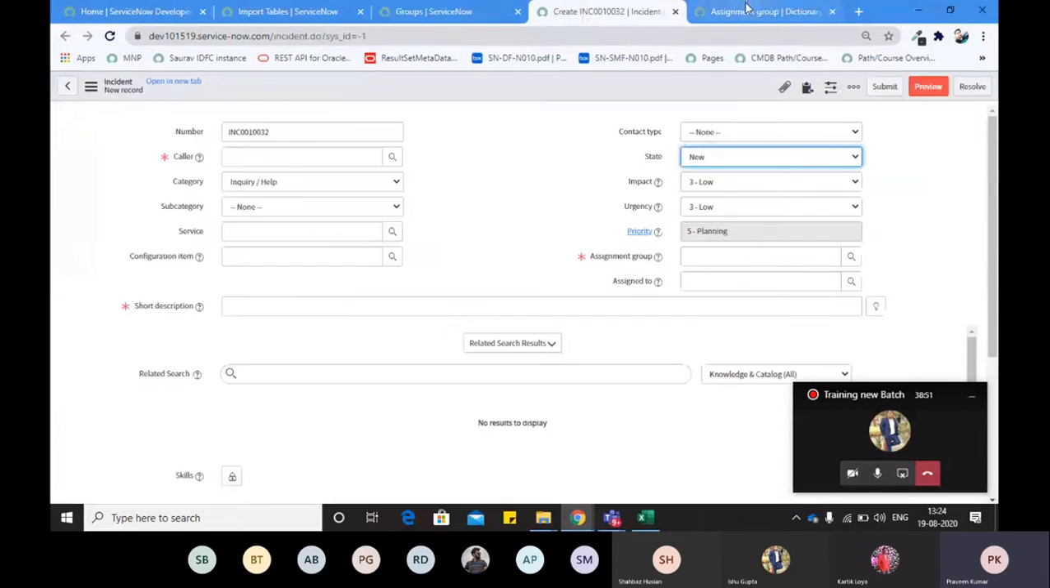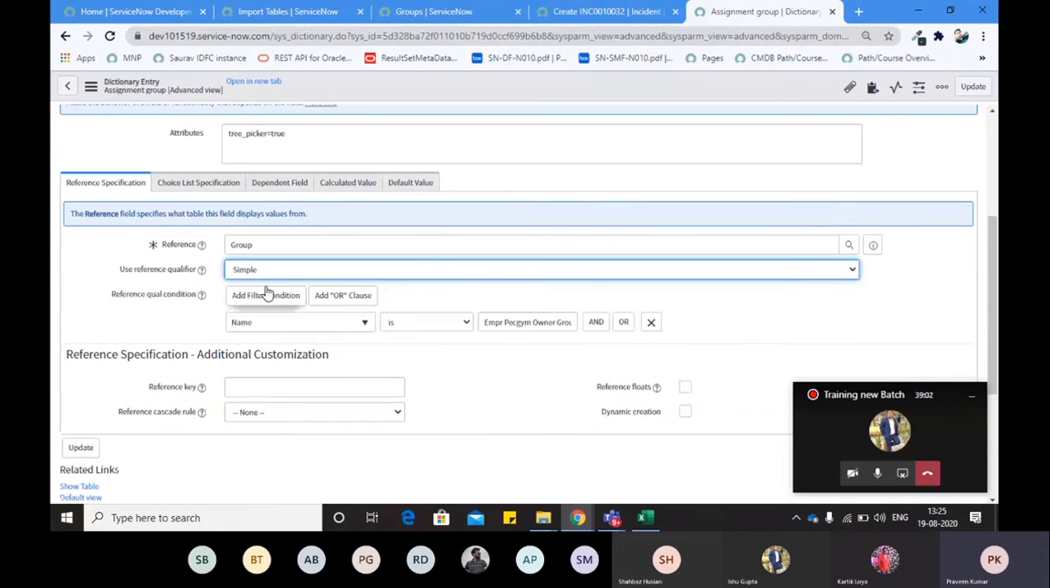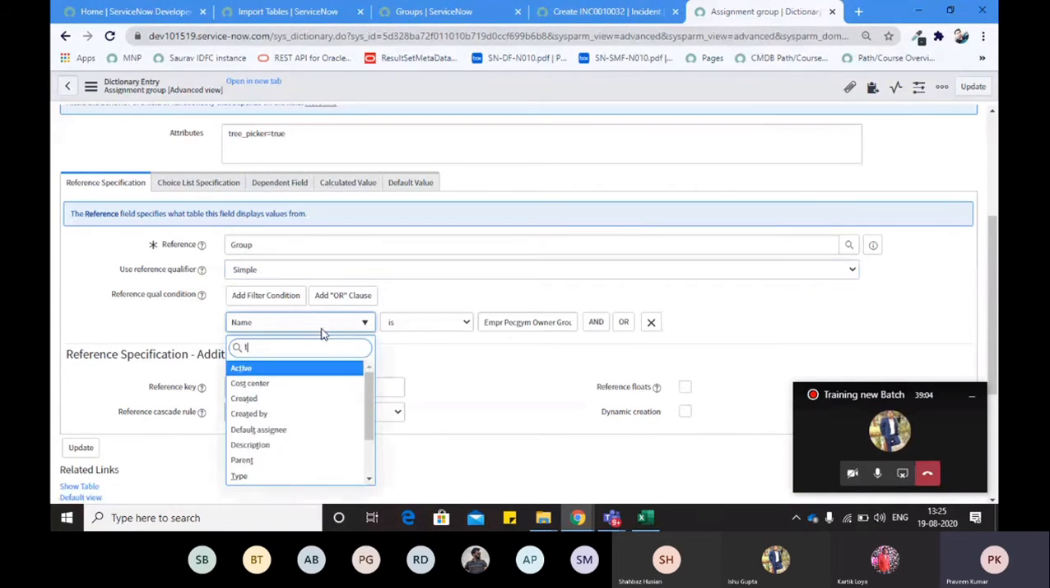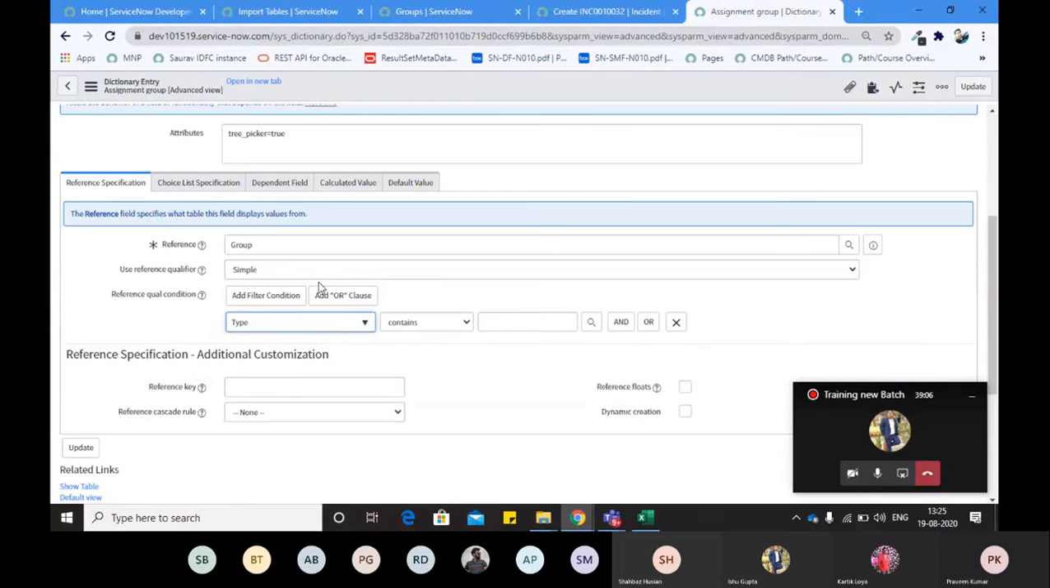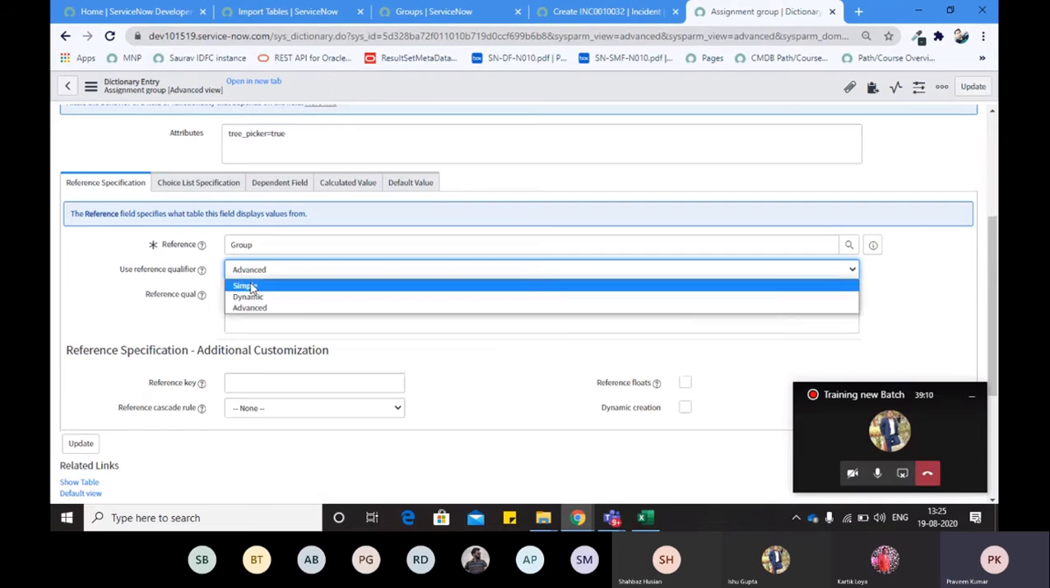I can directly copy that query from here, and I can paste that query here, right? Apart from it, the same thing I can do using the simple. Now what is the difference between simple and advanced? So that's why I directly